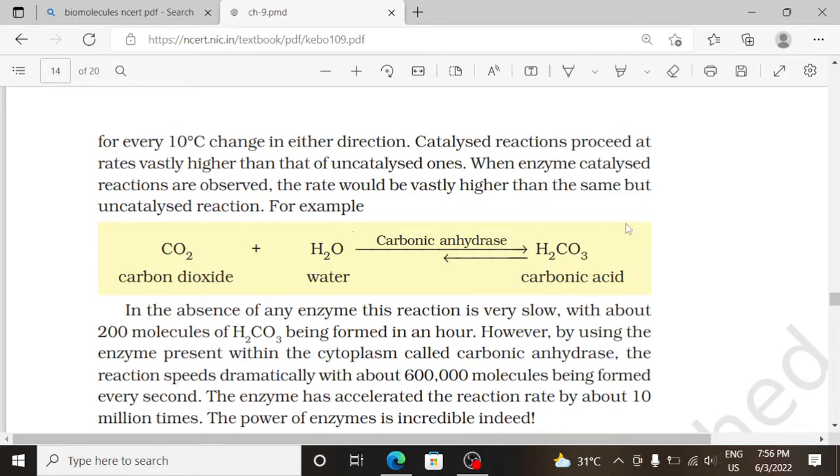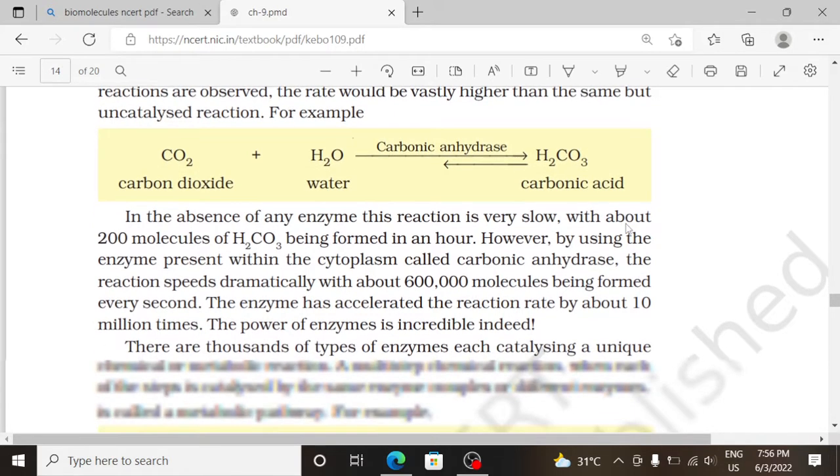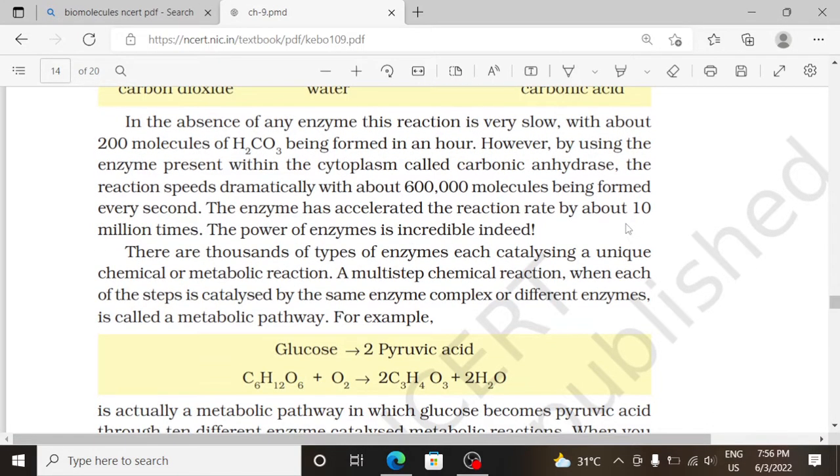For example, carbon dioxide plus water gives carbonic acid. See, carbon dioxide plus water with carbonic anhydrase gives carbonic acid. See, CO2 plus H2O gives H2CO3. In the absence of any enzyme, this reaction is very slow, with about 200 molecules of H2CO3 being formed in